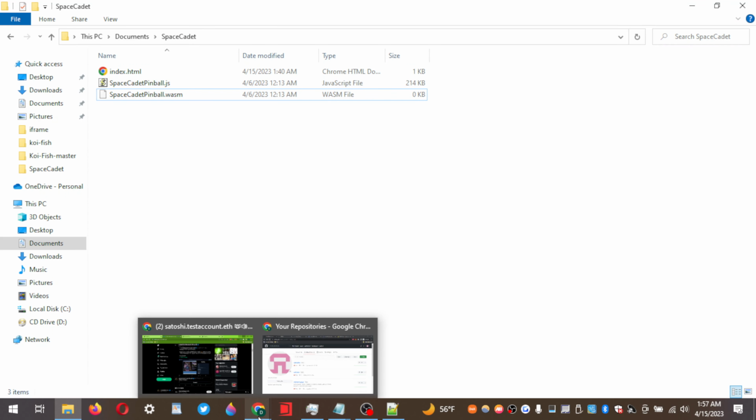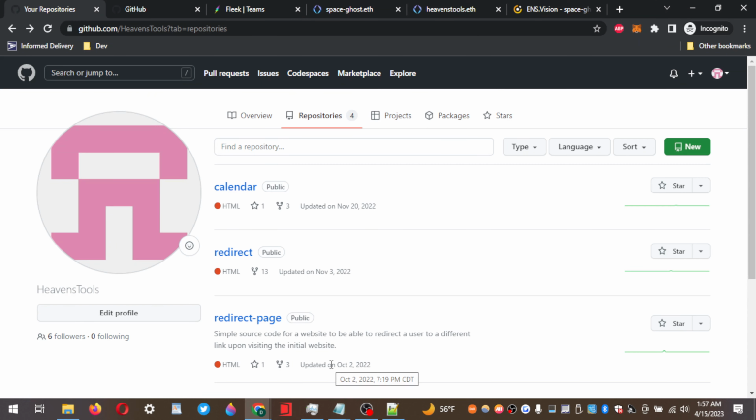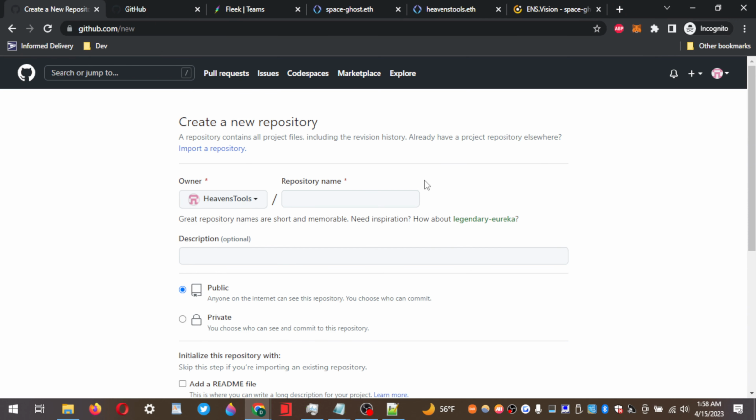So if you don't have a GitHub, get a GitHub. Go to your GitHub, make a GitHub, or have a GitHub. We're going to make this simple. And I'm going to show you how to do it if you have a game or some files or anything like that already. So you go to your GitHub, new, I'll call it